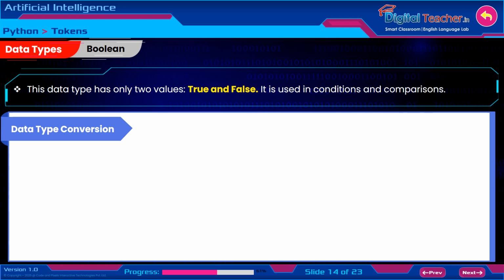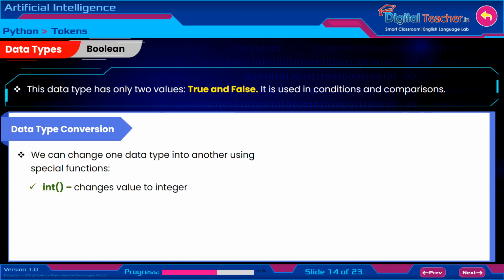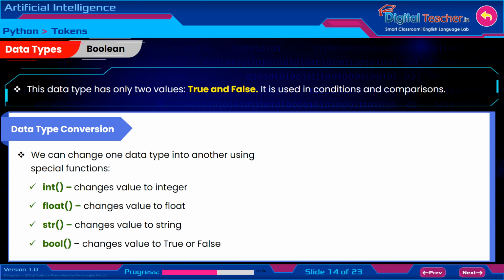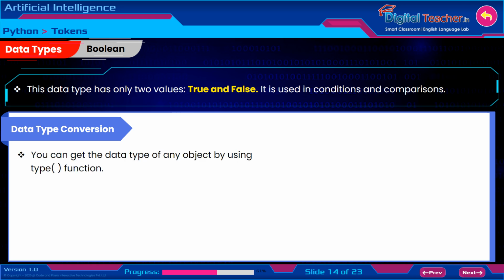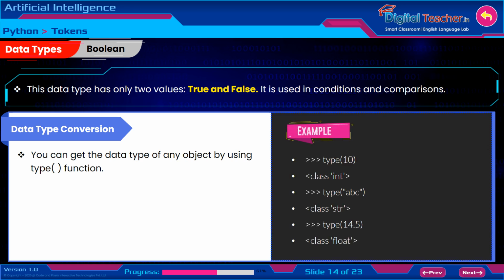Data type conversion. We can change one data type into another using special functions. int changes value to integer. float changes value to float. str changes value to string. bool changes value to true or false. For example, you can get the data type of any object by using the type function. For example,